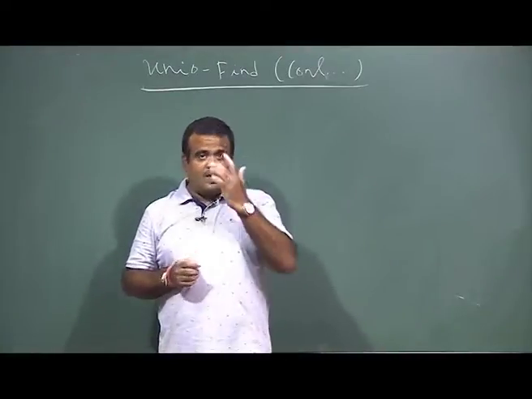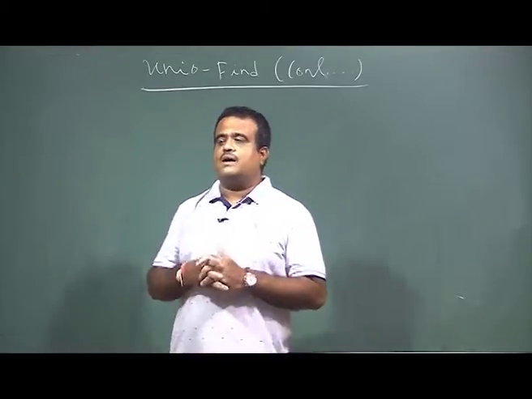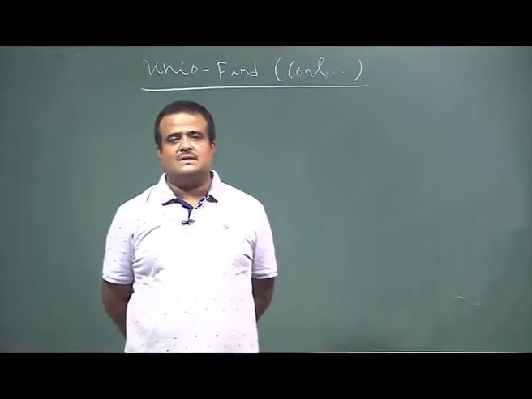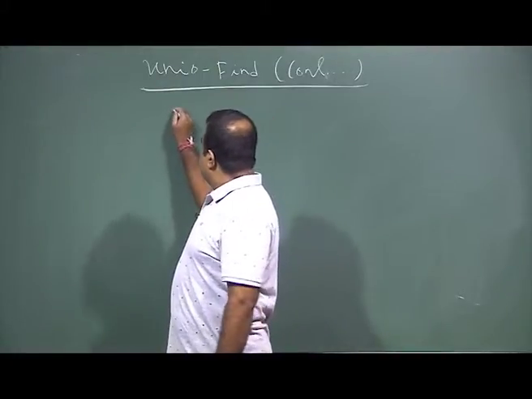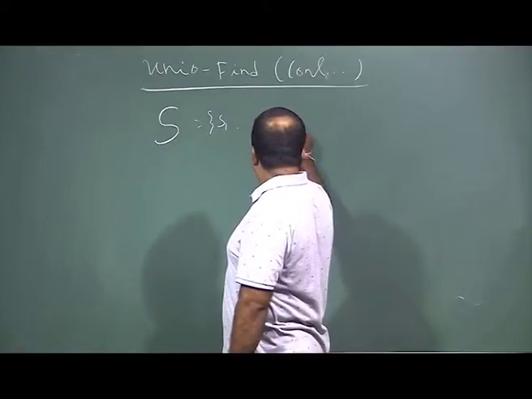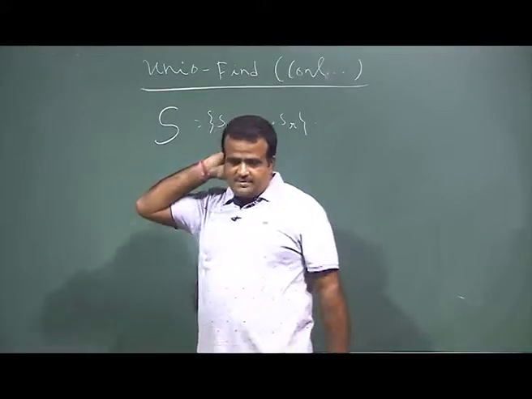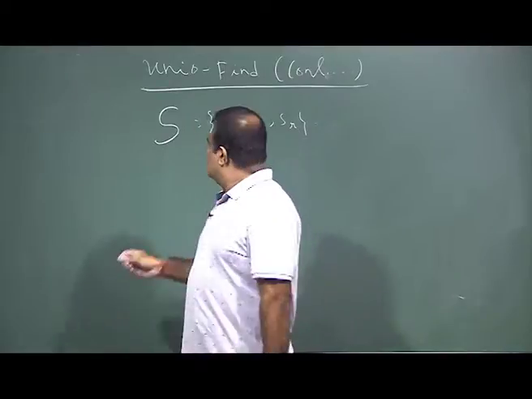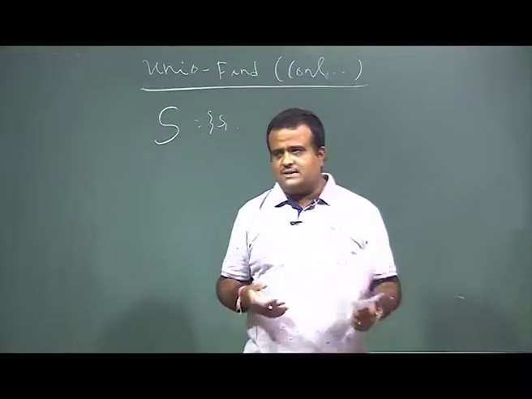Okay, so we are talking about a data structure for a dynamic set of sets, I mean multiple sets. In the last class we have seen one solution. So what is the problem? We have given some sets S1 to Sk, and this is a dynamic collection, that means we can insert any set. So we are looking for a data structure for this dynamic collection of sets such that we should be able